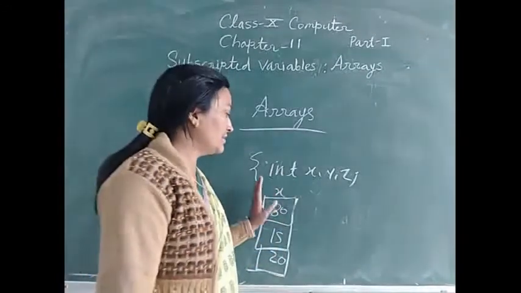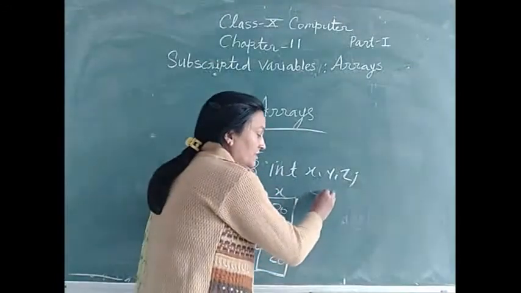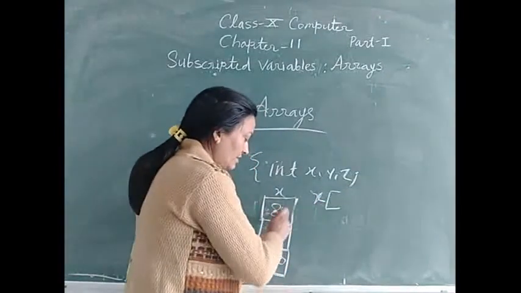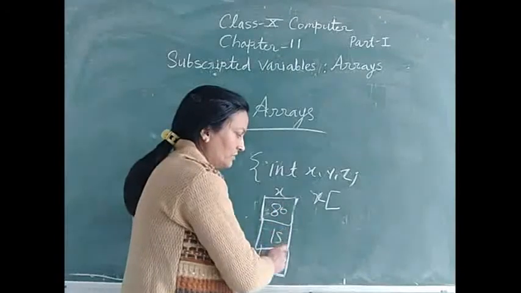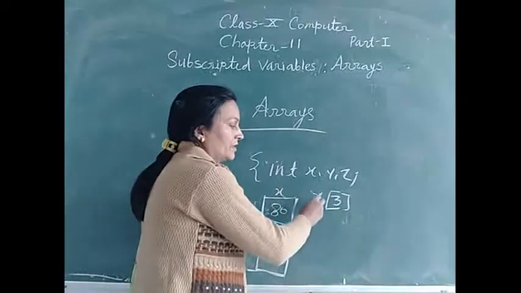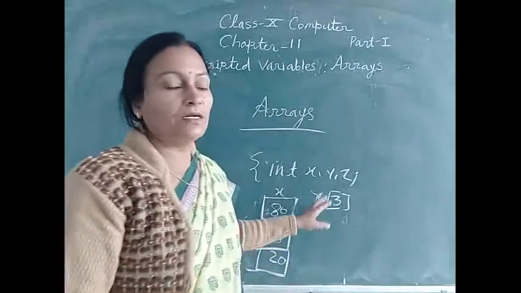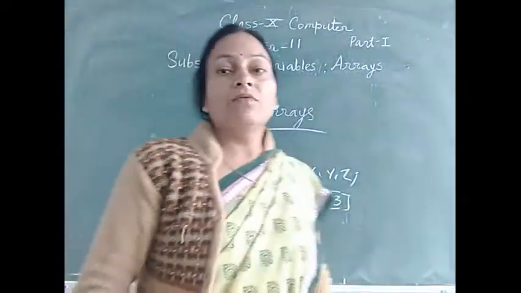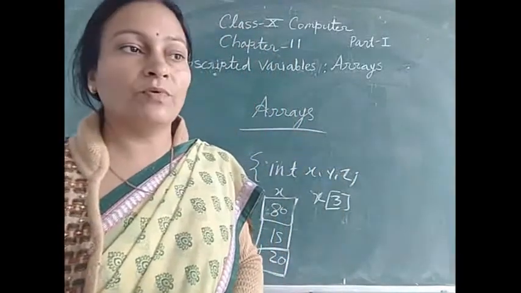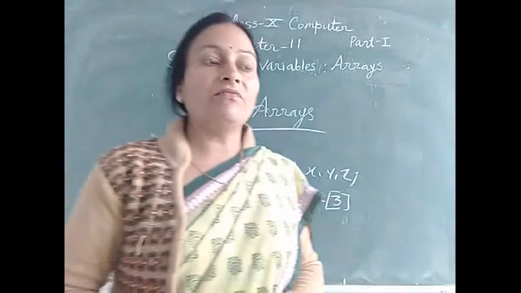Here x is represented by an array. For example, here is the x variable and the size of x is 1, 2, 3. We can write this as x[3]. So this time x[3] is a variable. We can define an array: an array is a sequence of data in memory where all data are of the same type.